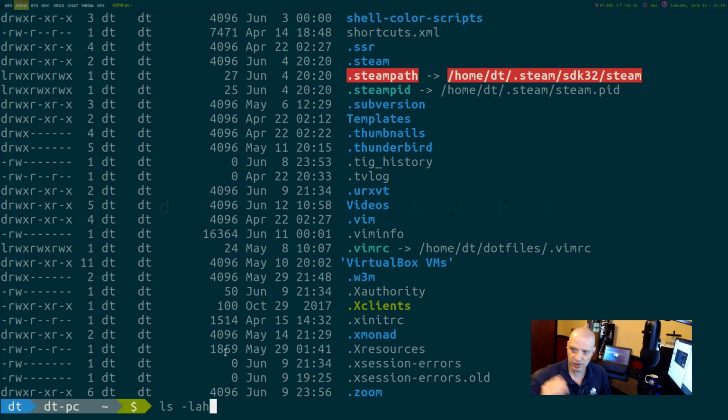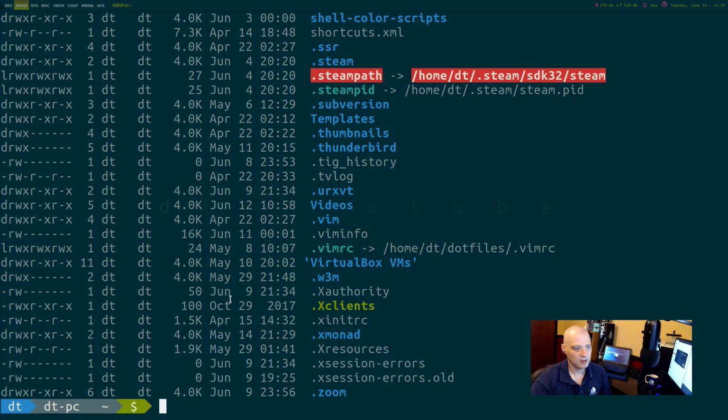There's no commas separating them. It's hard to tell exactly what that is. Is that 50 megabytes? Is that 5 gigabytes? The h flag makes them human readable numbers. So now, you see, instead of 4,096 bytes, 4.0K, 1.9K, much easier to read. So that is the ls command.